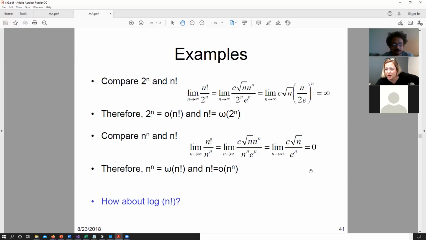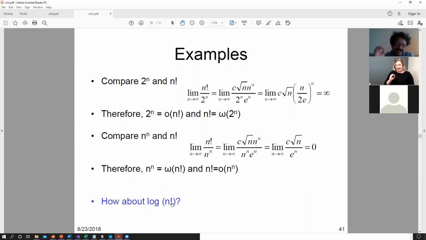Can you repeat the question? Yes. So the question is, what is the bound for log n factorial? I see n raised to n, I see n log n. Technically, yes, it is little o of n raised to n, but we also have a log.